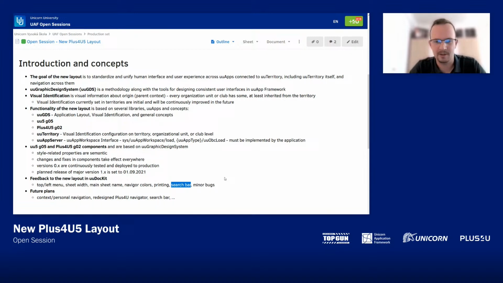So if you want to keep developing custom plugins, well, then you will need to develop another plugin for the new layout. Although I would not advise to do that, and instead describe what you need, and if it would make sense for the concepts of the new layout, we may think about it and maybe add it as a general feature. And of course, some minor bugs which were found, I can assure you that they will be fixed